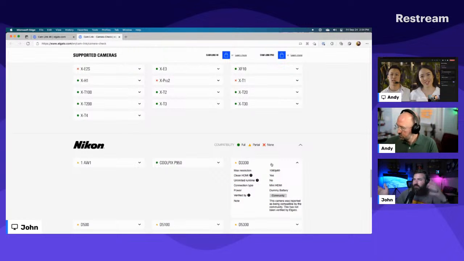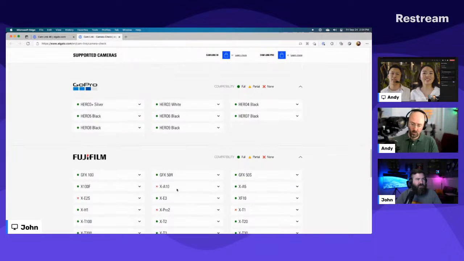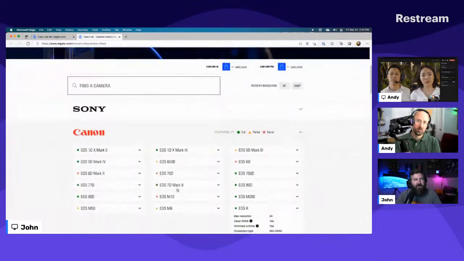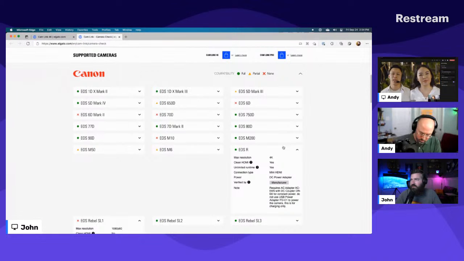If you've got the camera first, figure out if it works with your capture card. And this is pretty universal. Even if you don't buy an Elgato card, this is probably the experience you'll have with that particular camera on any USB capture card.